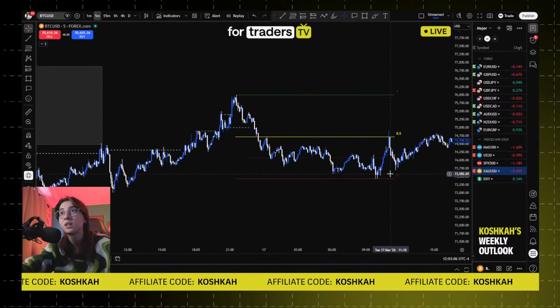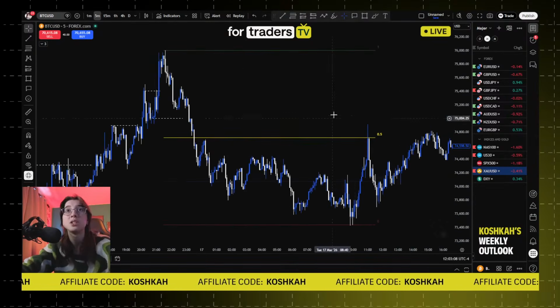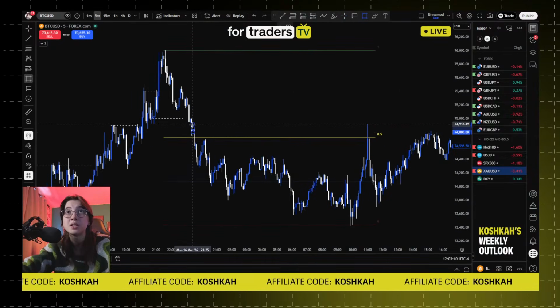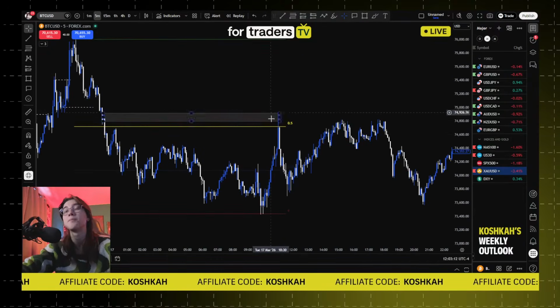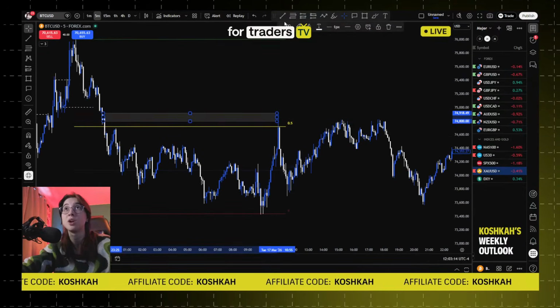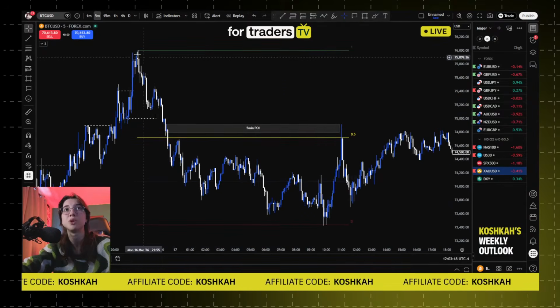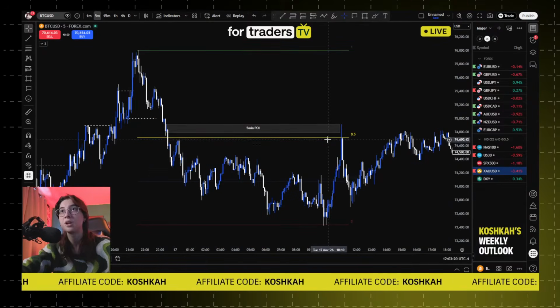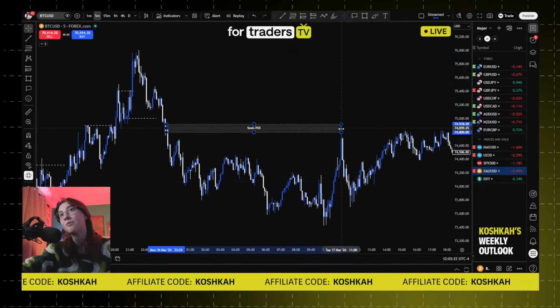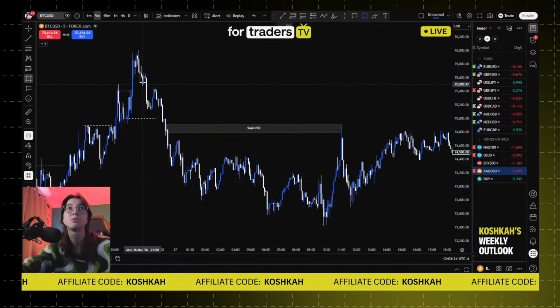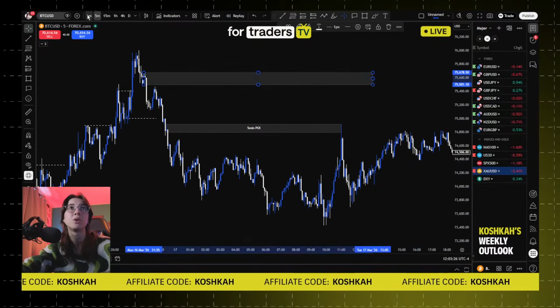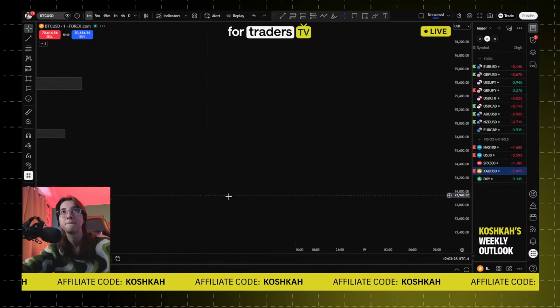but this looks like price mitigated the entry. I mean, not the entry, but something in this area. So this is mitigation before the most extreme one, as you can see. So we have a 5-minute POI before the most extreme one. The most extreme one is above. But as you can see, we mitigated the 5-minute POI before the most extreme one right here.